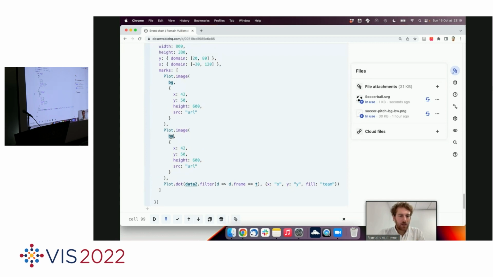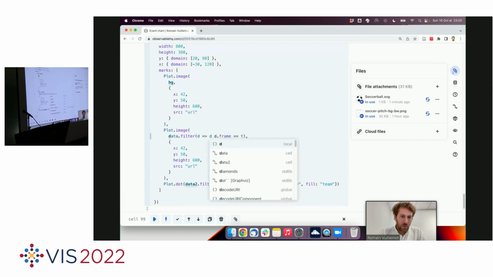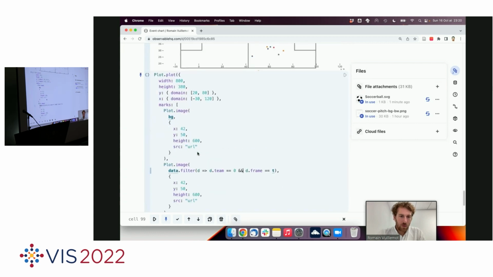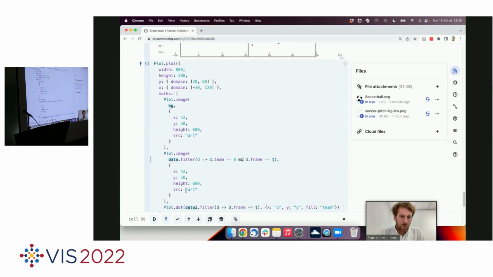It's gonna be dynamic. So I'm gonna get the position of the ball, which is the position of the player from team 0 at a given time. And the URL will be